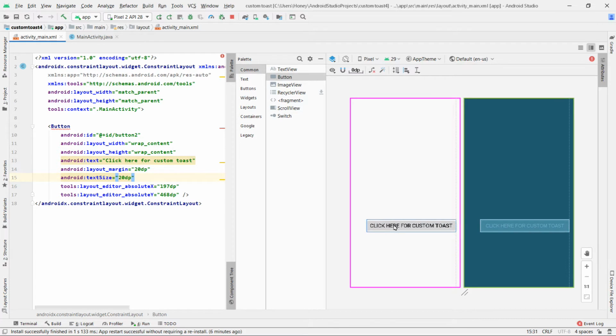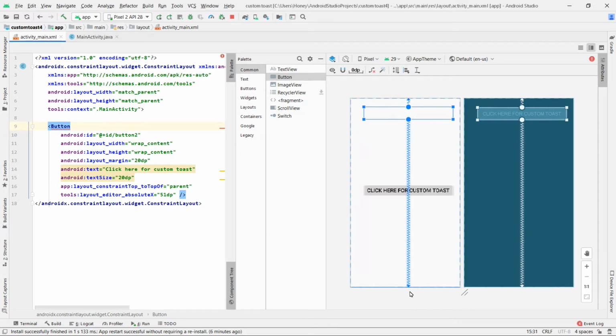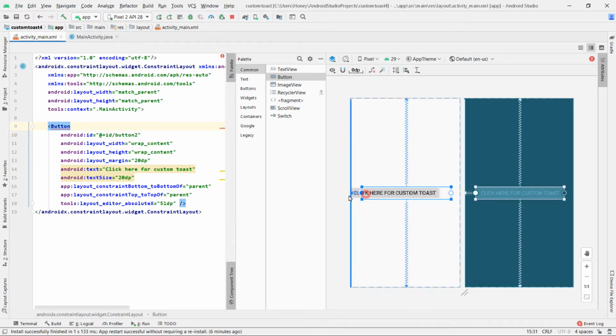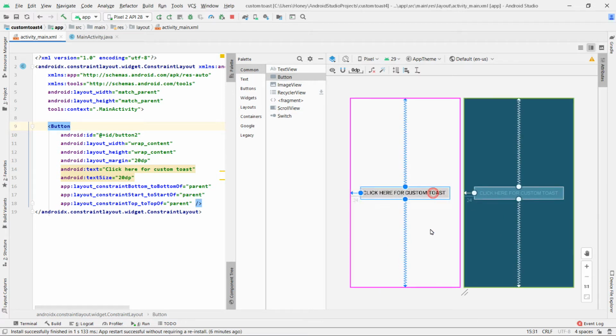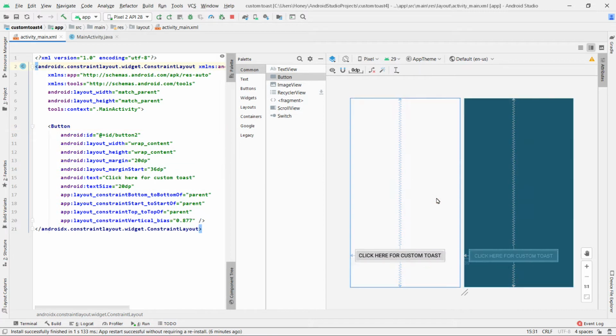So let us assign a constraint for the button. So your activity main.xml file is ready.